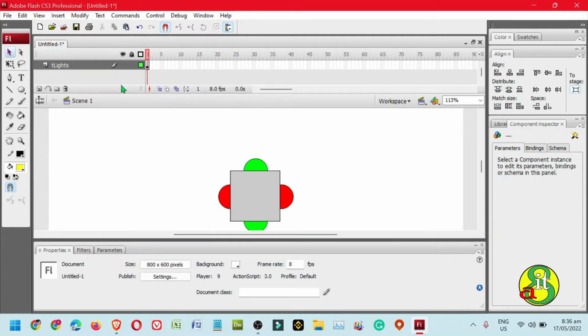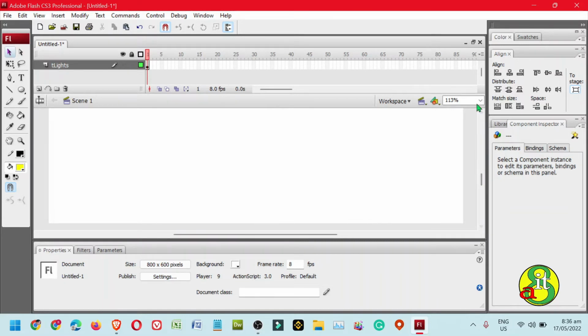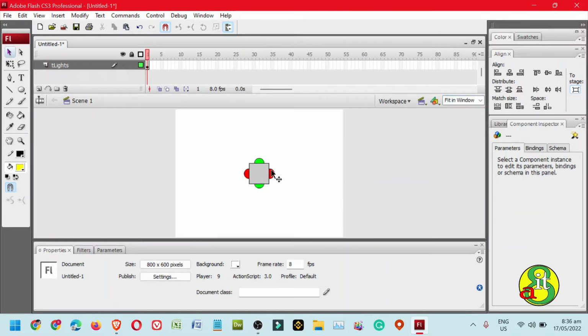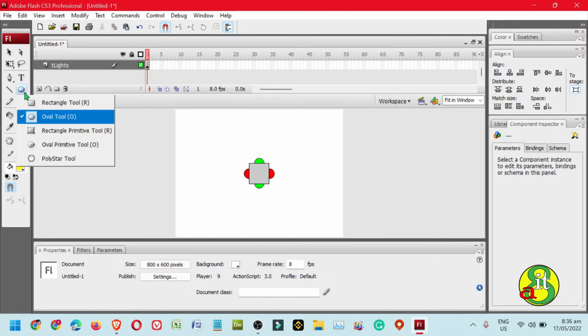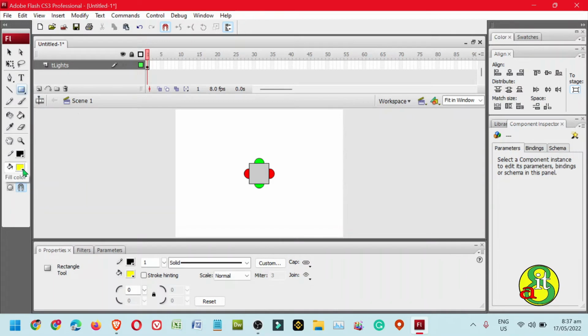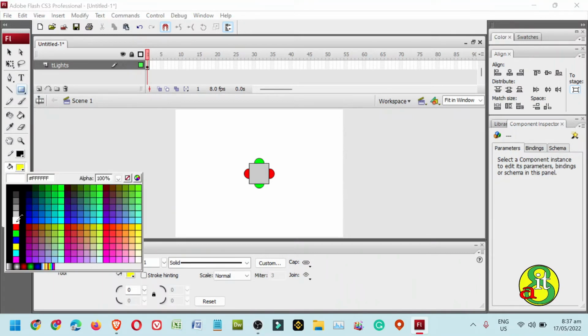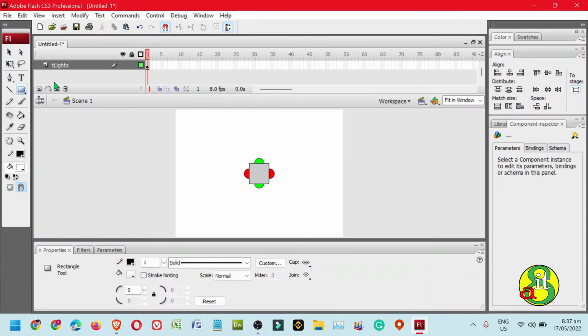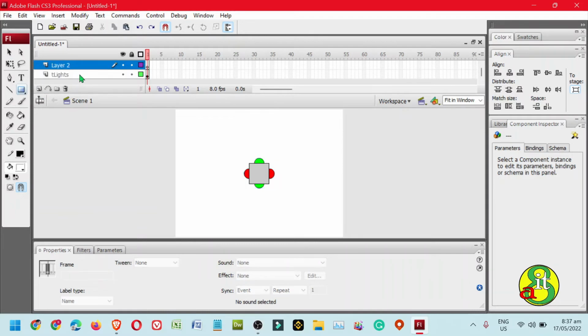So next, we need to add the roads and the cars. So select fit to window, and then we need to create a road map from this traffic light. So first, change the oval tool into rectangle, change the color to white and then black. So next, we need to add a layer, and then bring the traffic light at the top, and layer 2 will be the road